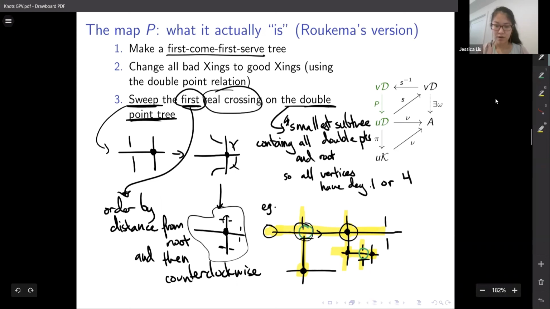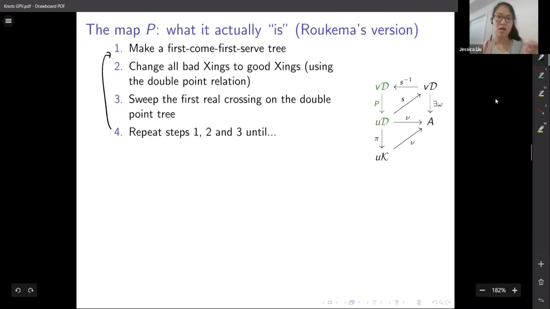meaning, of these 3 crossings, maybe the tree is not drawn in a way such that if you gave me all the crossings and I tried to draw them first come first serve, it might be different. So we're going to reconstruct the tree into a first come first serve tree, and then we're going to change all the bad crossings to good crossings, and then we're going to sweep again. And we're just going to keep doing this over and over again